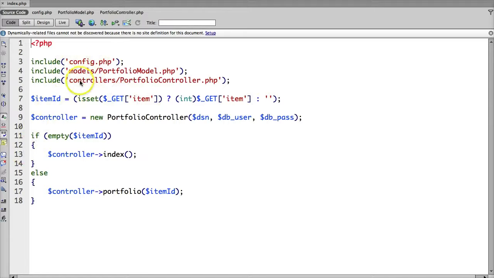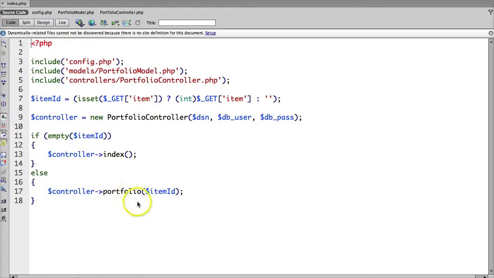I also have my includes for the three main classes that I'm using, or two main classes and the config. And I start my controller here, and depending on what was passed through, I either display the index page or